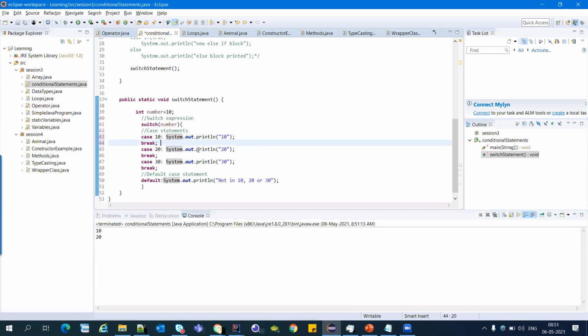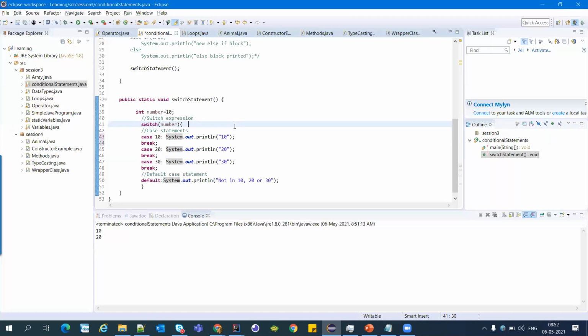So anyone has any doubt for switch? One more important point. We have used if else earlier. So in if else, what happens? It will check every condition every time. In switch case, what is the difference? If you put the number as 10, it will just check case 10 only. It will jump directly to that particular case. It will not look for the other cases. So it is a benefit.